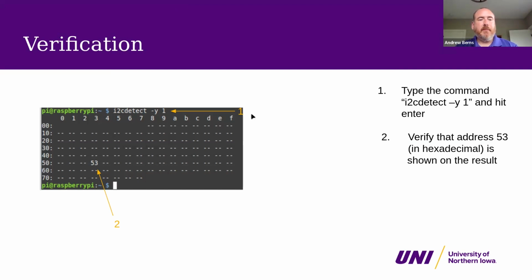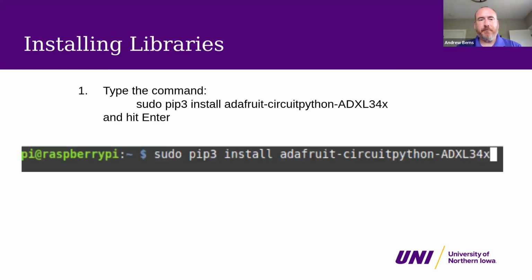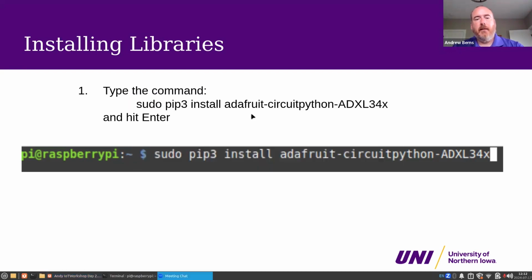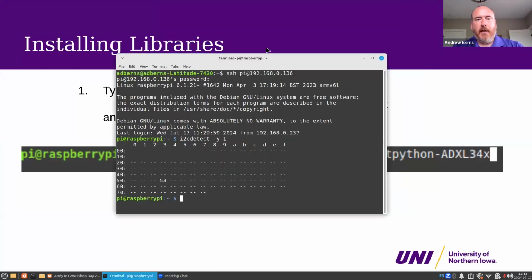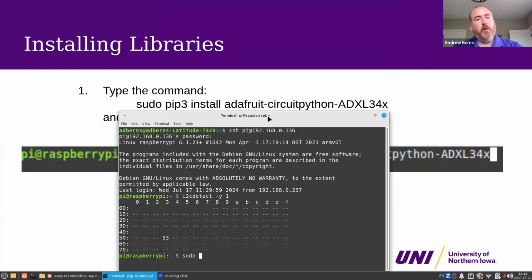Okay, so we've got our I2C connected, device connected. So let's go ahead and actually write a program that's going to read in the values from that accelerometer. What we're going to need to do is install the Python library, Adafruit's ADXL34X library. And so to do that, I'm going to run the command on my Raspberry Pi. I'm going to run sudo pip3 install